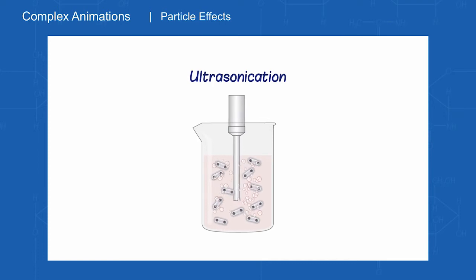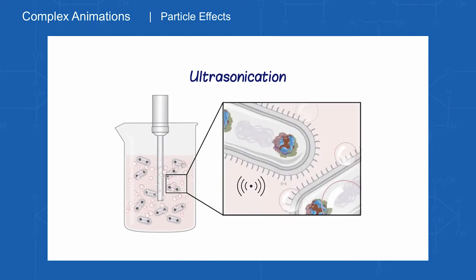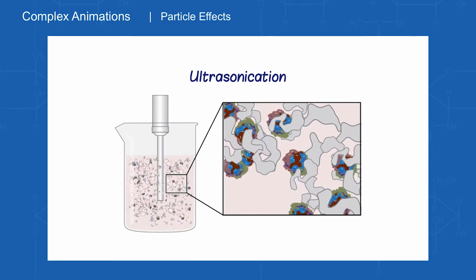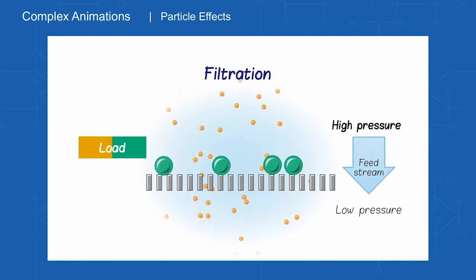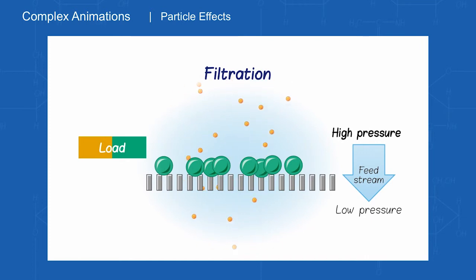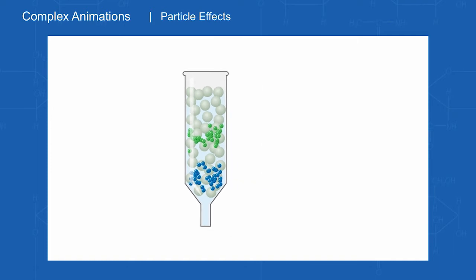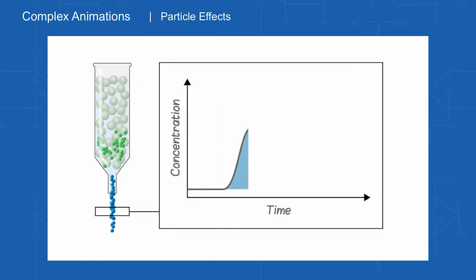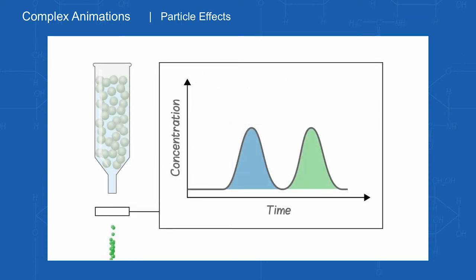Here, the creation of bubbles in ultrasonication. And then the cells breaking apart as the bubbles explode. And then particles moving down, and some of them moving through the filter, and some of them being collected on the membrane. And then here, particles moving down through a chromatography column and separating and moving at different speeds based on their attraction to the resin or an eluate. And then that data being represented in a chromatogram. And you can hear the sound effects that our sound designer had